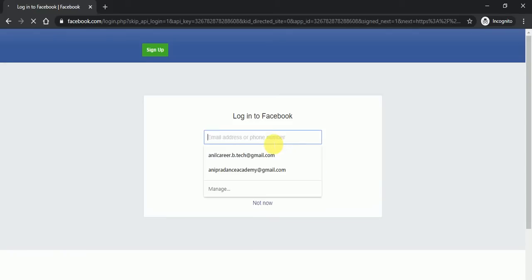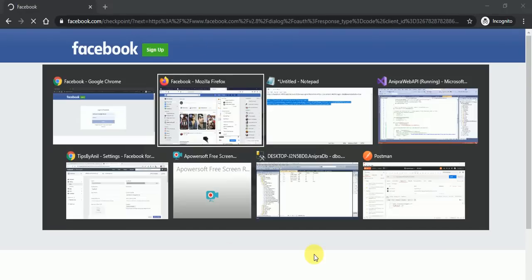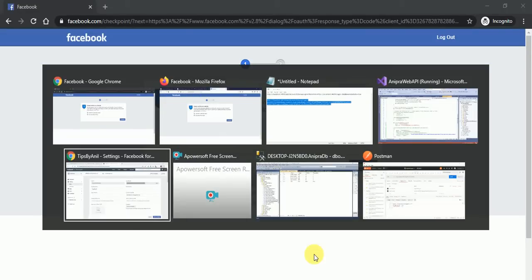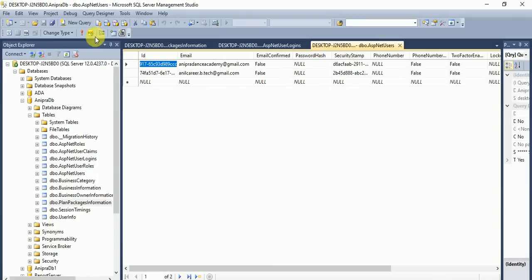So it will redirect you to the Facebook login. Once I click on the login button, here in the database also I will let you know. I will remove all the entries.